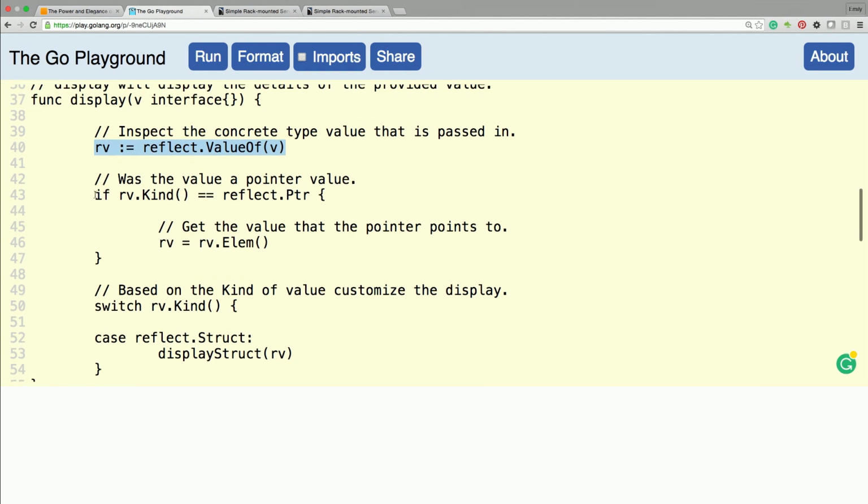Then on line 43, we just check if your reflect kind is a pointer. If it's a pointer, what do you do? You need to dereference it. You need to get a value out of the pointer. You just use iv.Elem to get that value. So after you get that value, what do you do? You just